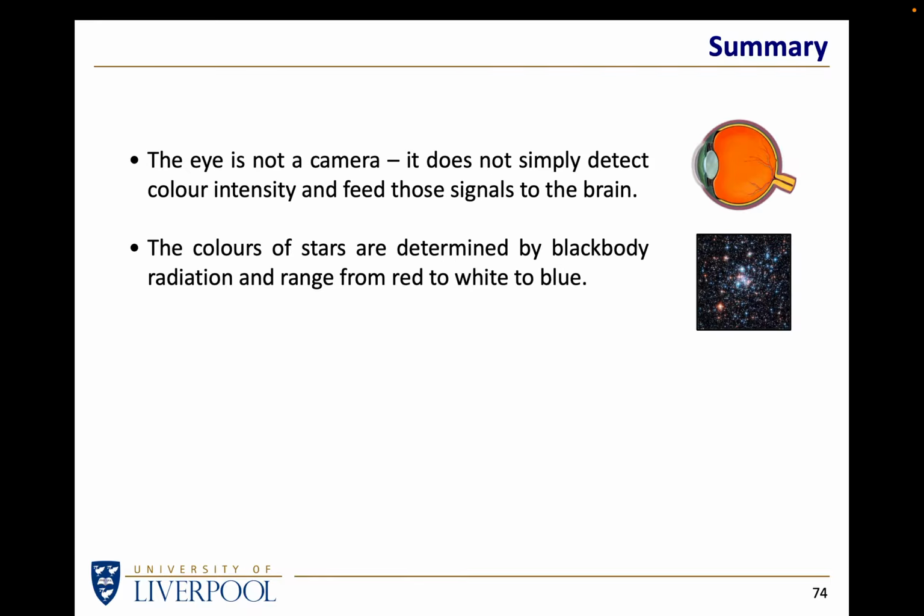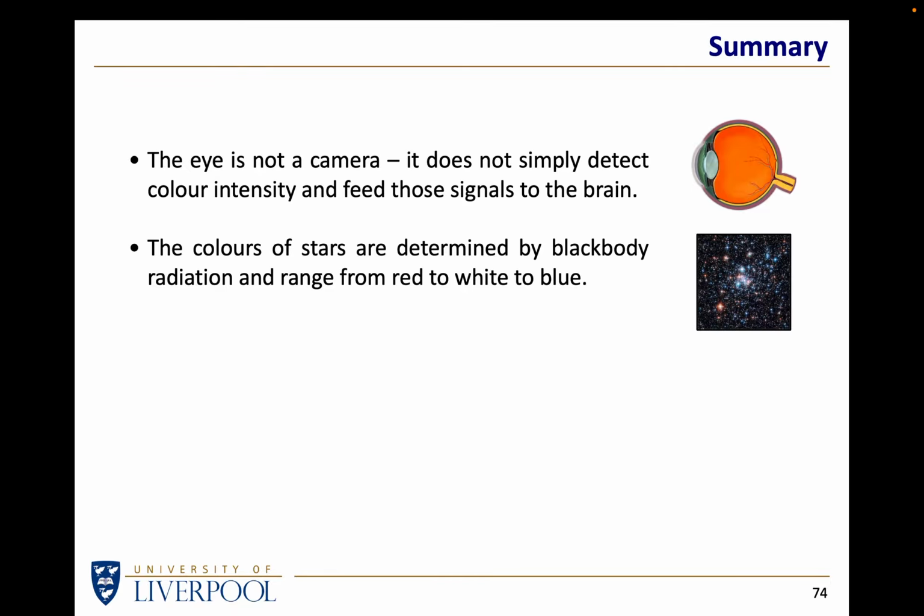The colors of stars are dominated by this physical phenomenon called blackbody radiation, where when something is hot, it emits light of particular wavelengths according to a particular curve, the so-called blackbody radiation curve. And so red giants emit in the infrared, the sun emits in the visible mainly, and hot stars emit in the ultraviolet. And so the colors of stars are either red or whitish, sometimes yellowish, whitish, or blue-white, but there